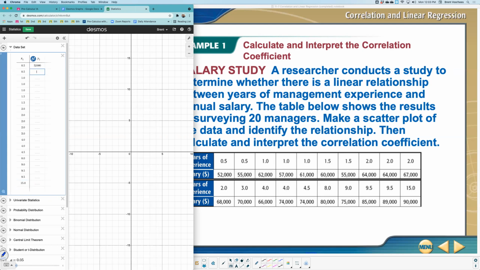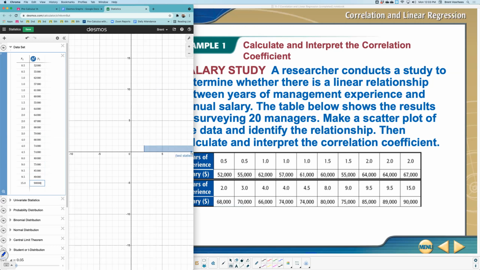52,000. I'm not going to type in the comma. 62,000, 57,000, 61,000, 60,000, 55,000, 64,000, another 64,000. So these values are adding up here. Oops, 70,000, 66, 74, 74, 80, 75, oops, 75, 85, almost done, 89,